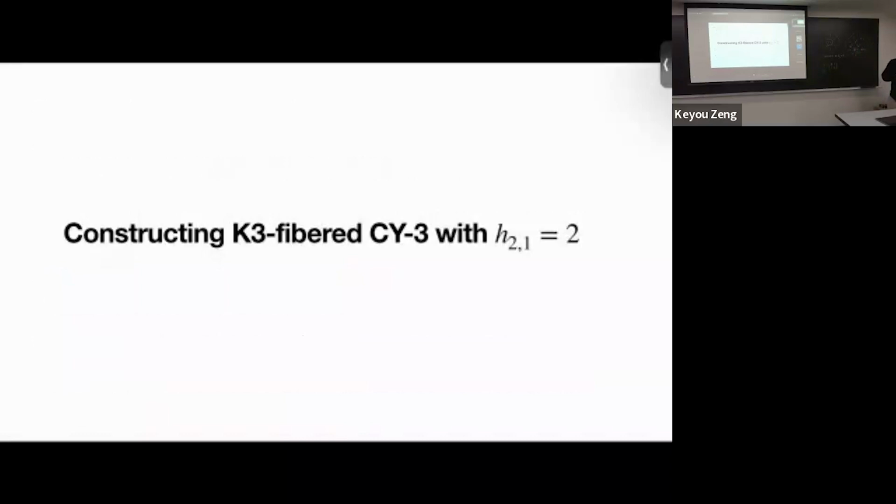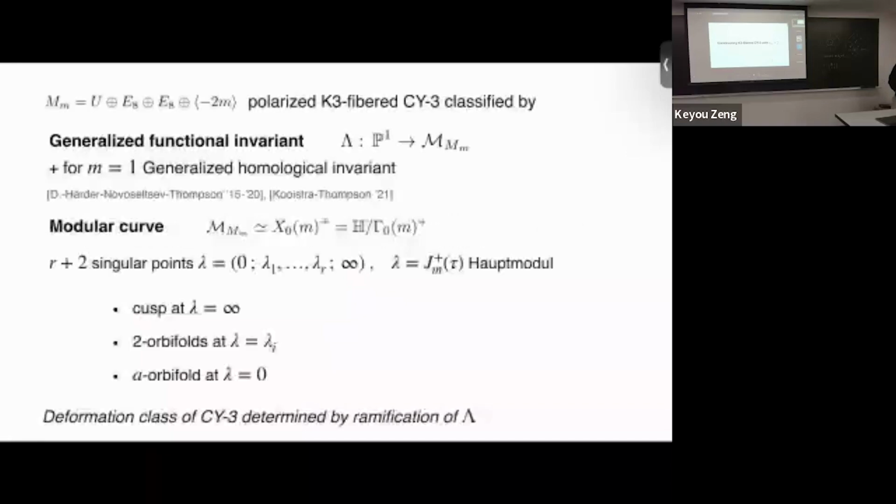There was a certain intuition in the physics literature that sometimes, at least, mirror symmetry acts fiber-wise on fibrations. It's not true in general, okay? But at least a starting point, a place where you could look for the kind of Calabi-Yaus they were interested in, would be to look at K3-fibered Calabi-Yau threefolds with H2 equal to 2. So this fits into a more general construction and classification, well, full construction of all K3-fibered Calabi-Yau